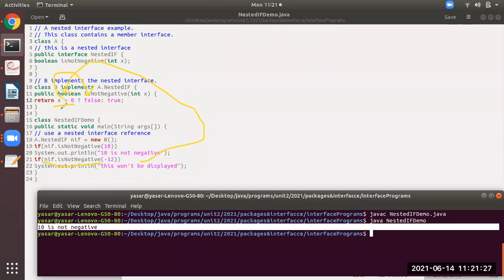The return keyword is going to return false from here, that is, expression 2. So what is going to happen now? The if condition has the value false. If false, it won't evaluate the next line. I hope you have understood this, students. If you have any doubt, you can ask me.